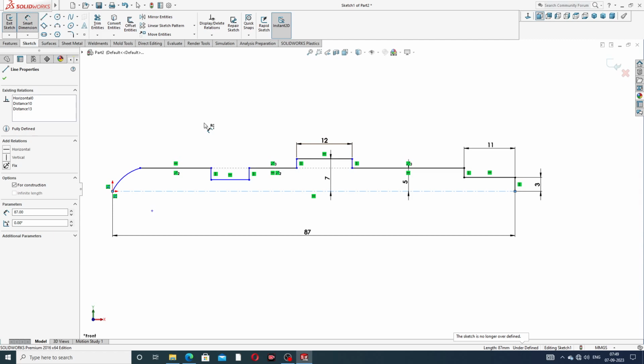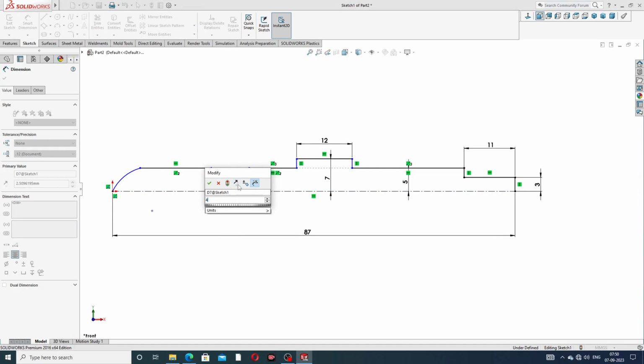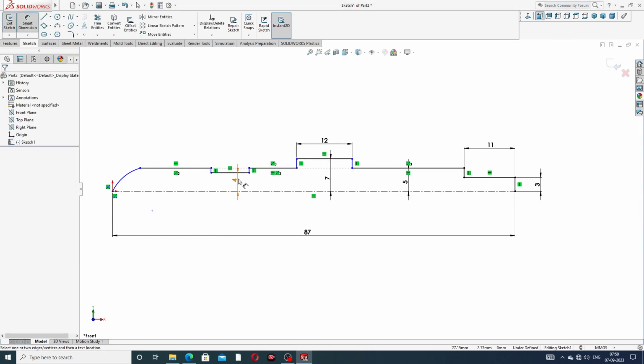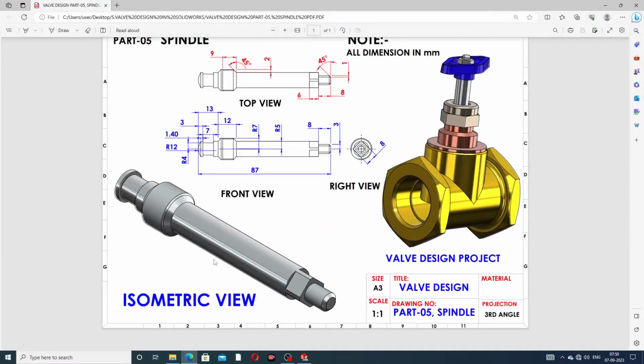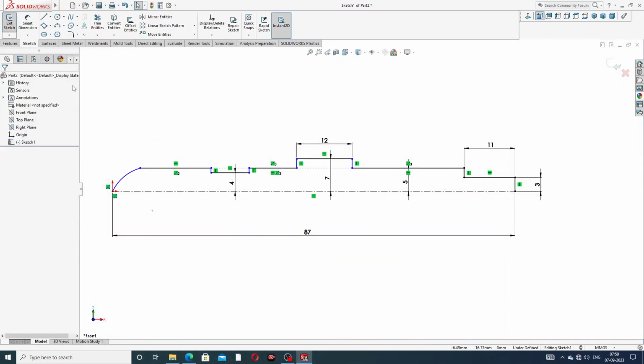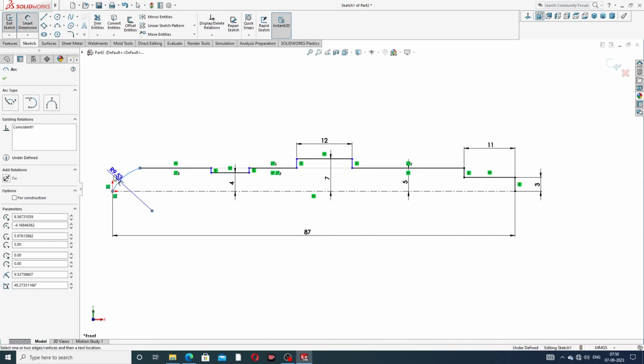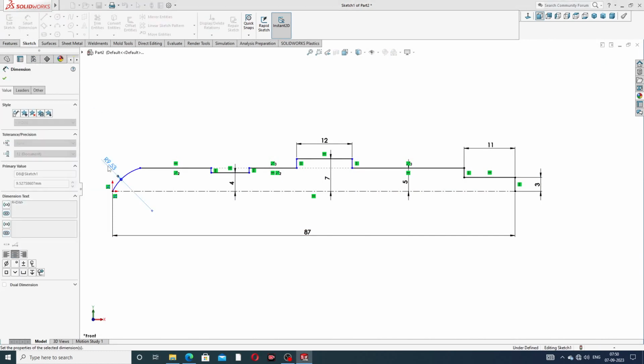okay, this is 4 millimeter, and select this and going to this. Okay, this is 5 millimeter, this is 7 millimeter, and 4 millimeter is this. Okay, and this radius is 12 millimeter, and this radius is 12 millimeter, okay,